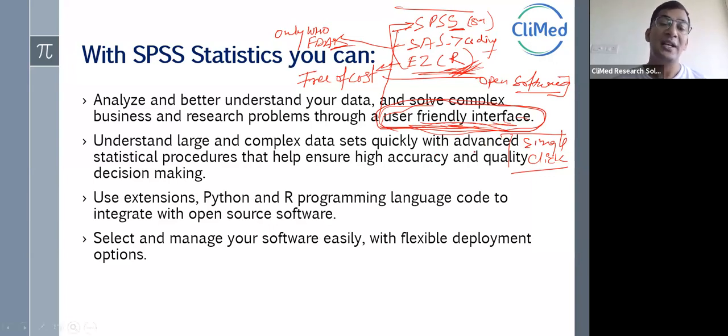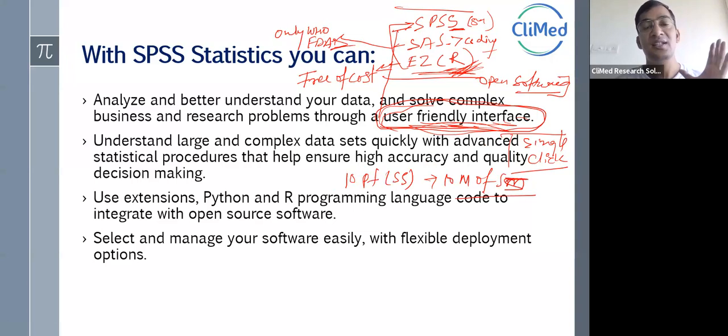Okay, and it understands all the large and complex data sets. So there is no limit. In SPSS, you can do the analysis for 10 patients, or a sample size of 10, or you can do the analysis for 10 million sample size also. Even with 10 million in SPSS, the time will be the same, only 1 second. So that's why for understanding large and complex data, it is very helpful in SPSS, and in EZR and